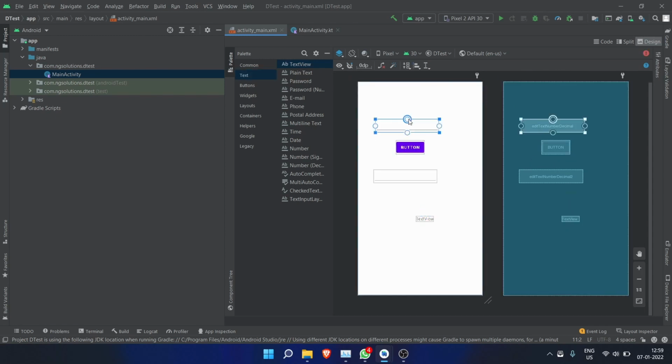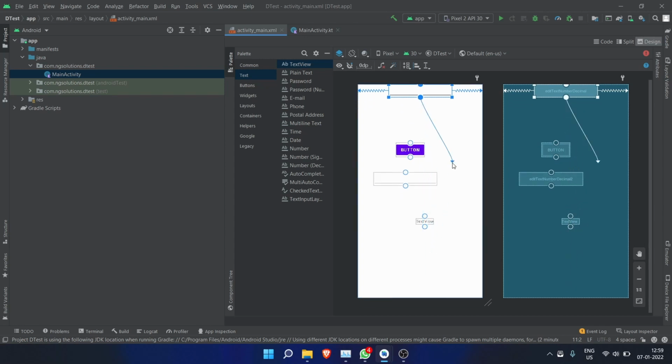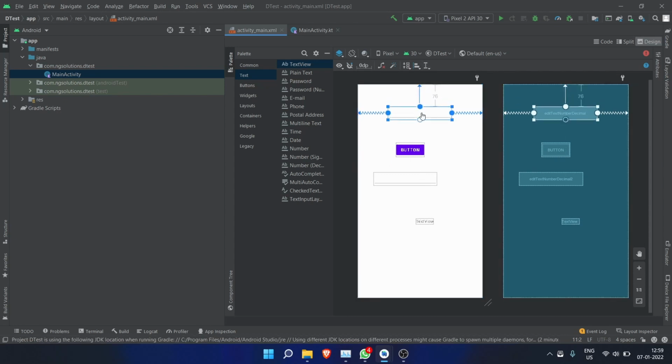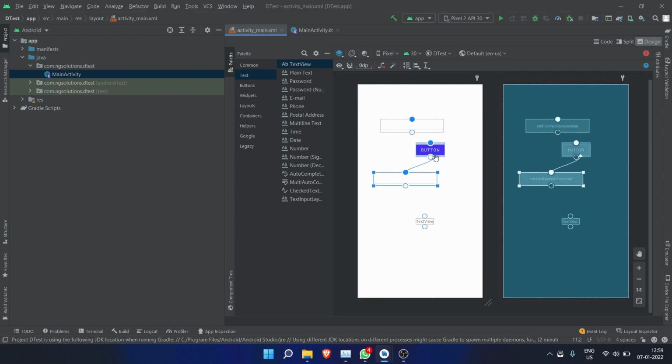And now we will start connecting this with the edges. Okay, so here you can see I am connecting this. I have the option to connect this to this button or this or that, but it is not necessary. You could do this by just connecting one in the vertical, one in the horizontal, and I am just going to drag these things. So now let me connect the button, and now this with the button, and this with this, and this with this.